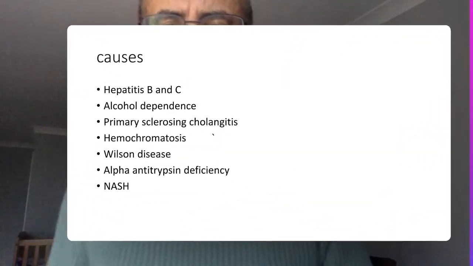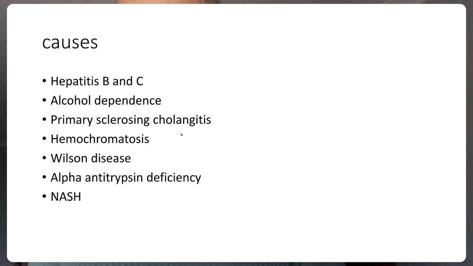Now, we all know the etiology, and we should know the etiology of liver cirrhosis, and you're familiar with the fact that the majority of patients who have liver cirrhosis, it's either alcohol-induced or caused by hepatitis C and hepatitis B. But there are other causes that we should be aware of, and these are the autoimmune disease that's called